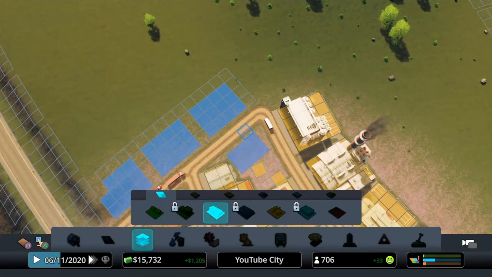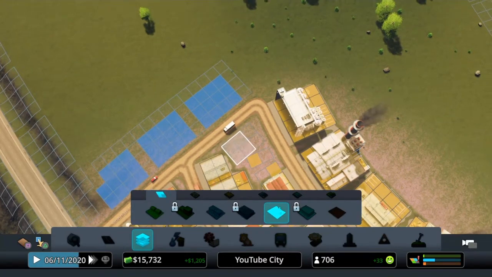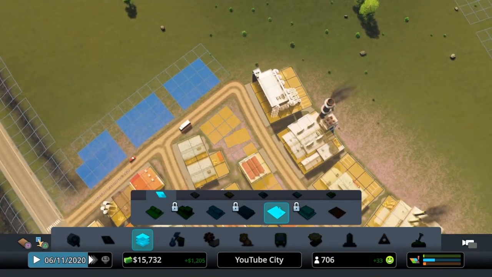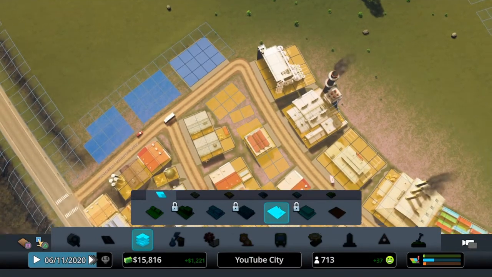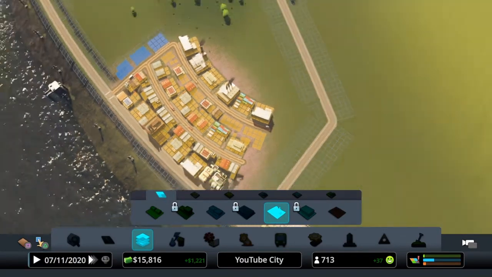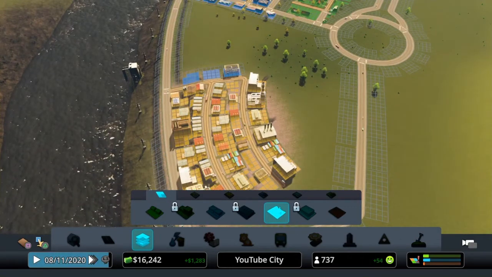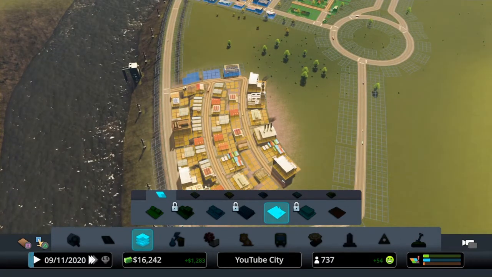Actually, no, I'm not. I'm going to cancel that, and I'm going to put that, because we've got some more demand for industrial. So hopefully we can get some of this filled. Look, that commercial's dropped in straight away. There's still a few industrial spots over here, so that should fill up nicely. As I said, once we grow a bit more, I'm going to speed up the game just so that happens